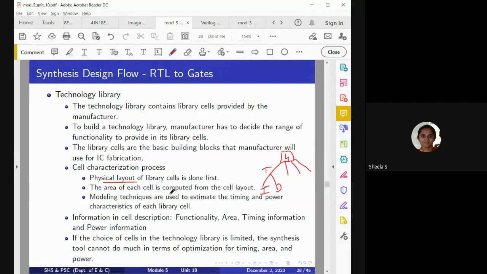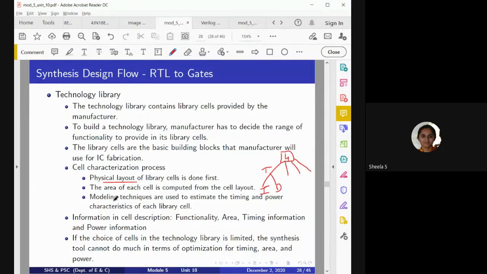By using all these things, he will define a particular library cell for AND operation, OR operation, 1-bit XOR operation, or 1-bit multiplication, or 1-bit division. Like this he will define, and now using that, the synthesis tool will optimize the circuit.